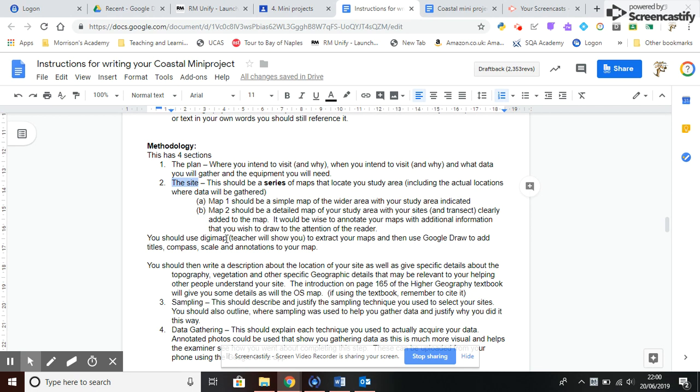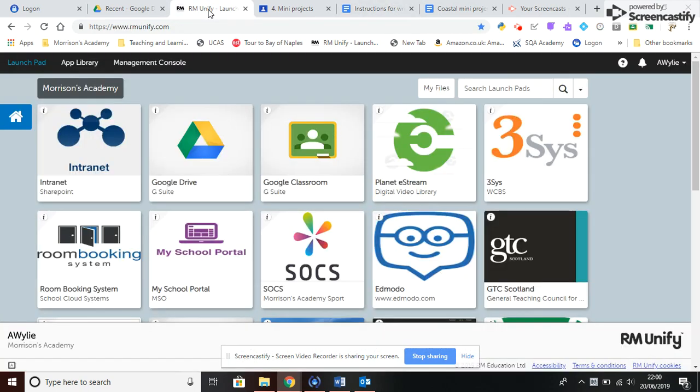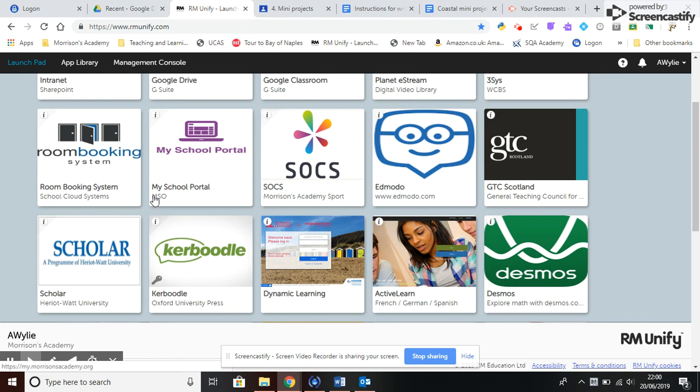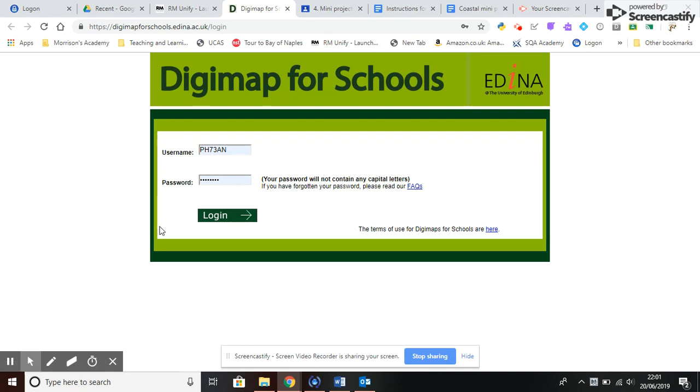you are going to get your map from Digimap, and Digimap is found on RMUnify, and if you scroll down, you'll see here is the Digimap login, and I will give you the username and the password the first time to get in, or you need to see me if you're not there in the lesson, and that allows you